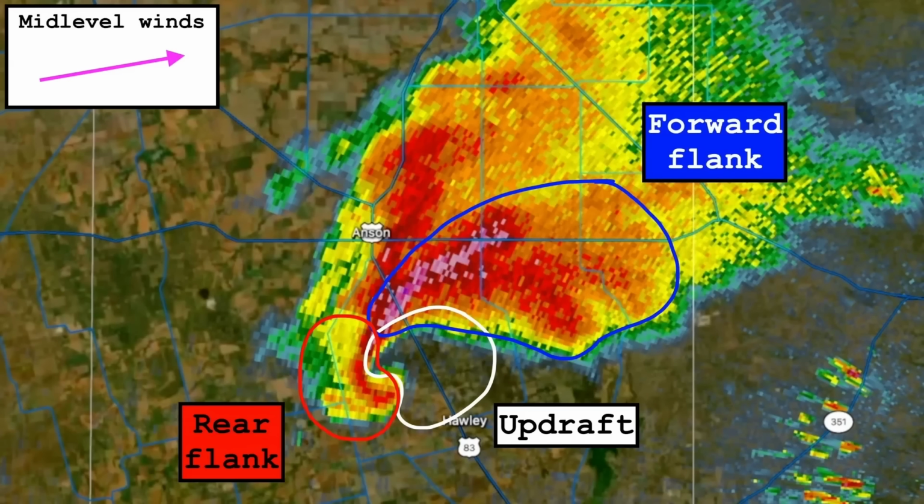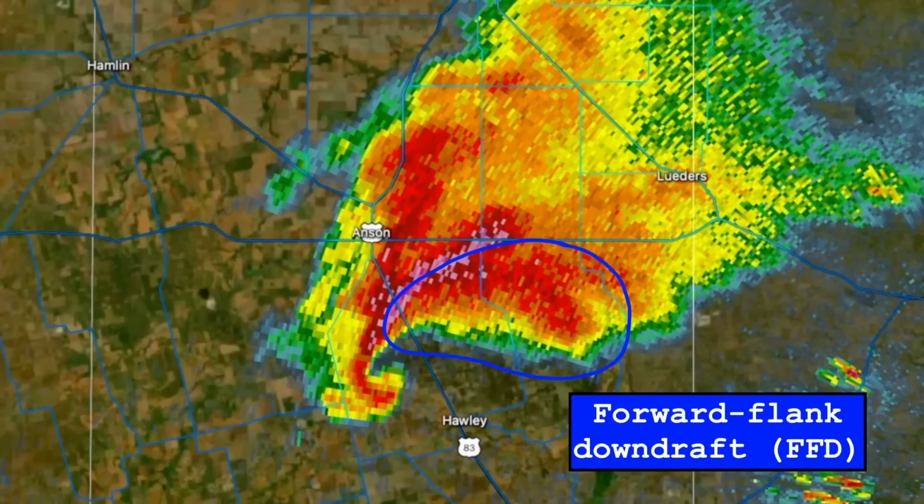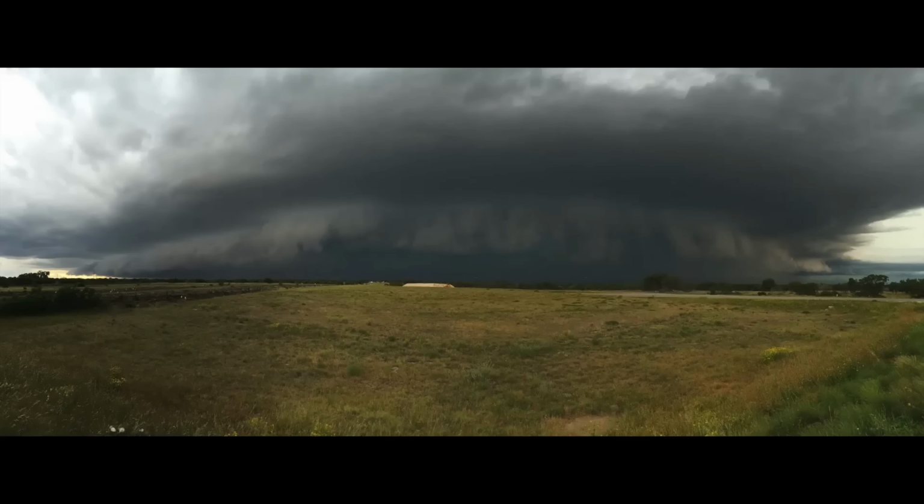Within the forward flank of a supercell exists the precipitation core, which is comprised of heavy rain and hail. The core is frequently represented by a region of enhanced reflectivity, often above 60 dBz. Associated with the core is the forward flank downdraft, or FFD, which consists of the outflow winds caused by the storm's rain-cooled downdraft as it hits the ground and spreads out. While the outflow boundary from the forward flank downdraft, or the forward flank downdraft gust front, is not always visible on radar, it can often be confirmed visually by the development of a shelf cloud at the leading edge of